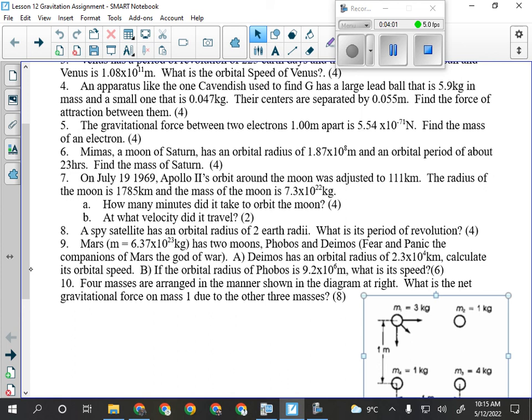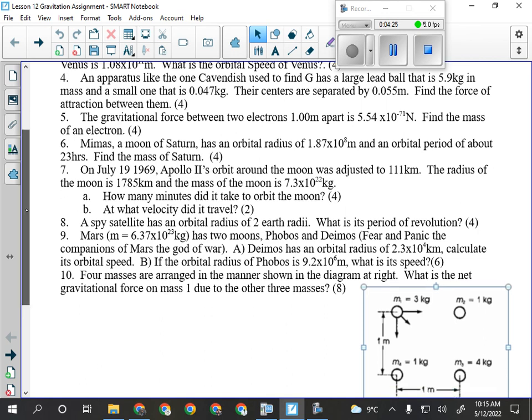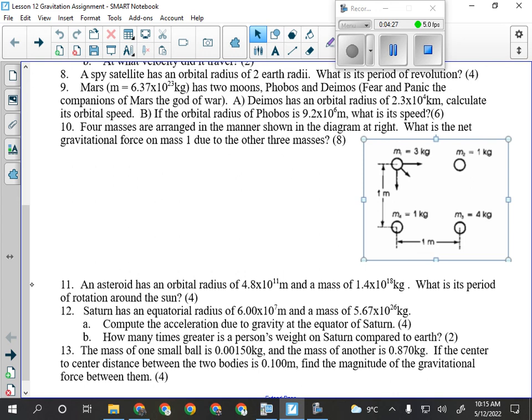Number 9, we've got Mars and its 2 moons, Phobos and Deimos. It gives you their orbital radii, one of them in kilometers, one of them in meters. You are looking for the orbital speed of both. Number 10 is the mother of all gravitation questions. We did one like this the other day that only had 3 masses. This one has 4. So you are looking for the net gravitational force acting on mass 1, and that's the one in the top left-hand